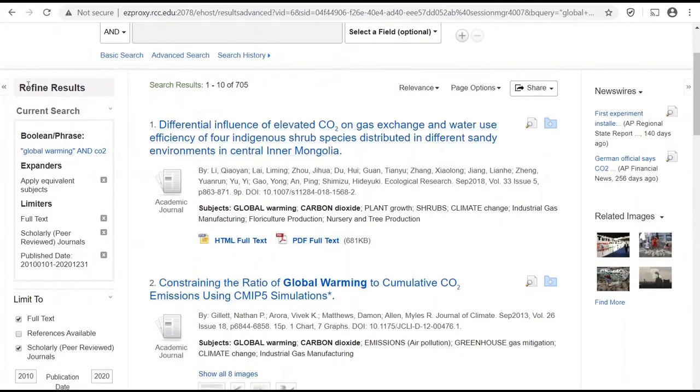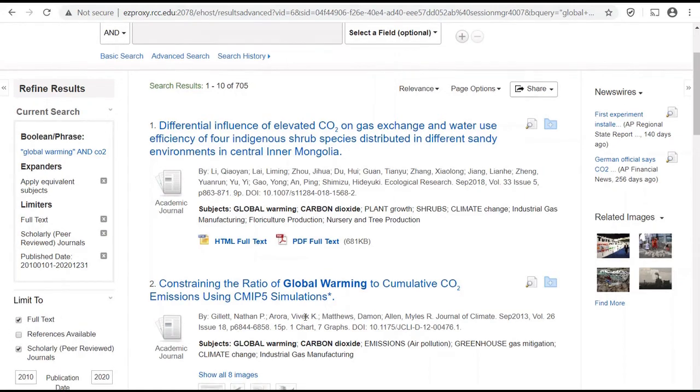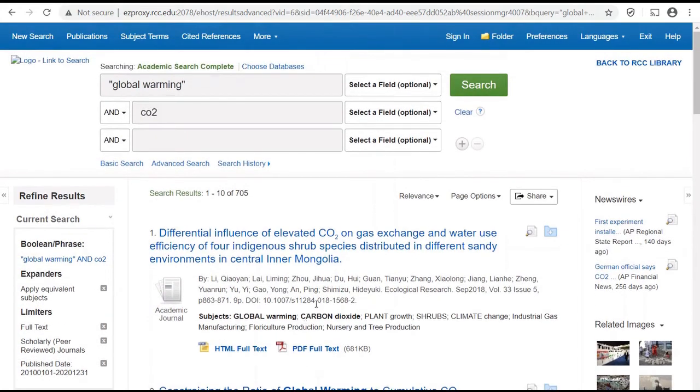And you'll notice that it retained the refined results that we had. So all of these articles shown are all written in the last 10 years. They're all scholarly peer-reviewed journals. They're showing us the full text, so it's going to have the entire article. And we know that all these articles have the phrase global warming, and it also has CO2. So now we're down to 705 articles, which is not too bad of a number when you're dealing with a